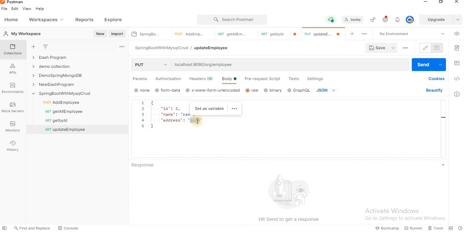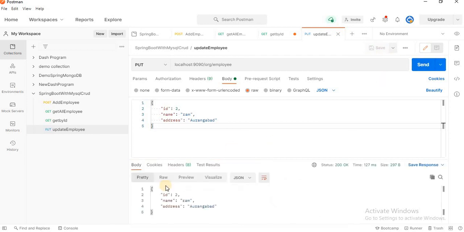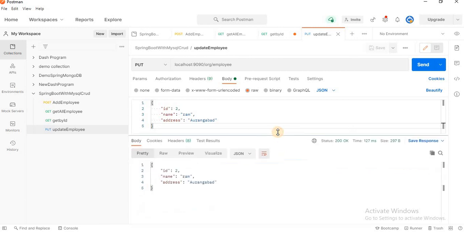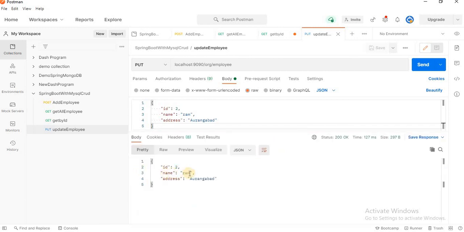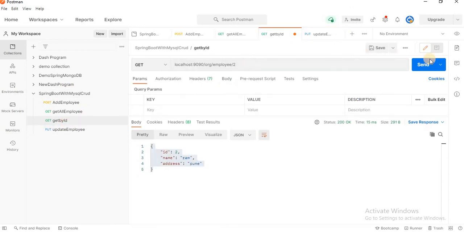I'll put another address, Aurangabad. Okay, and click the send button. I'll save and then send. We got the response here, id 2, name Ram and address Aurangabad. Let's try to hit this URL and it's updated successfully.